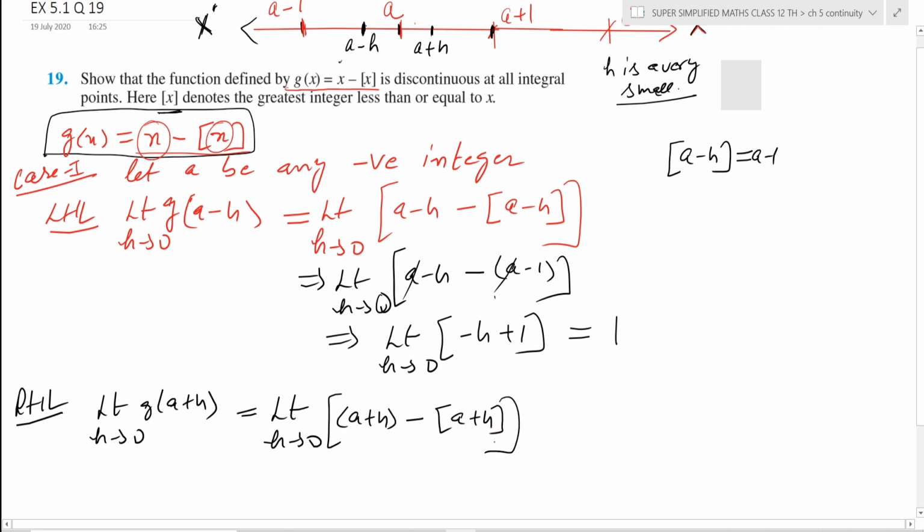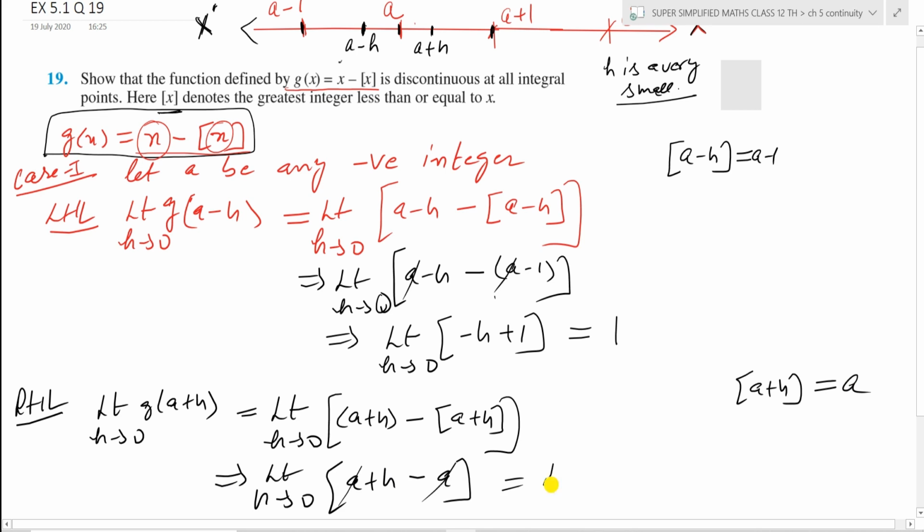Now let us see what is the greatest integer function of a plus h. Now you can see here in this figure, students, a plus h is a non-integral number which lies between a and a plus 1. a is the integer, so a plus 1 is also an integer. a plus h is a non-integral number between them, so its greatest integer function will be the integer just before it, which is a. So its value is coming out to be a. So we get limit h tends to 0, a plus h minus a. a and a get cancelled, so we have got the result limit h tends to 0 of h,